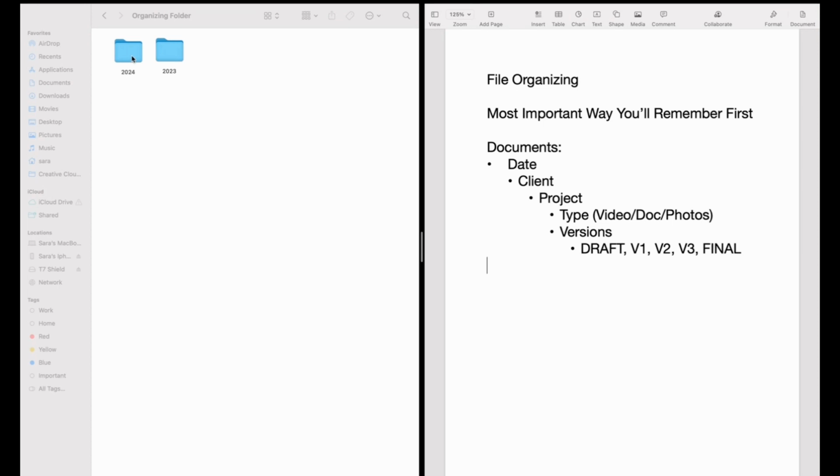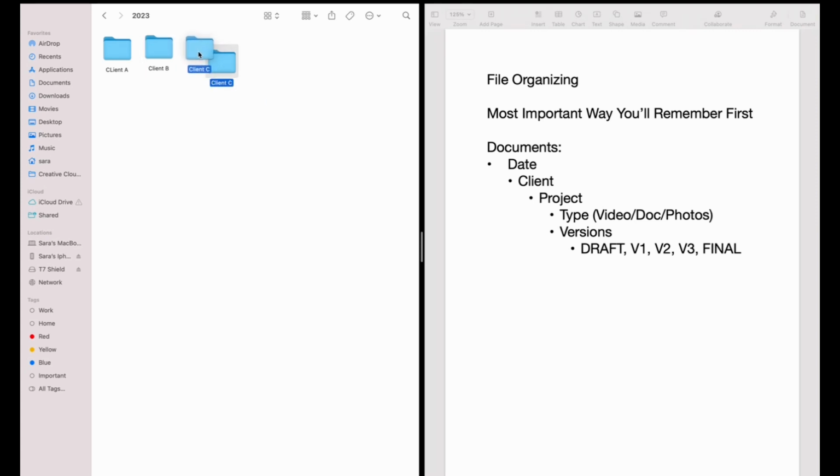So if we go into the 2023 folder, we'll just go with that. In this, I would have client A, and then we'll have a new folder, client B, and then client C. So if each of these are looking at, one of them has social media content, the other one is videos, and then the third one is